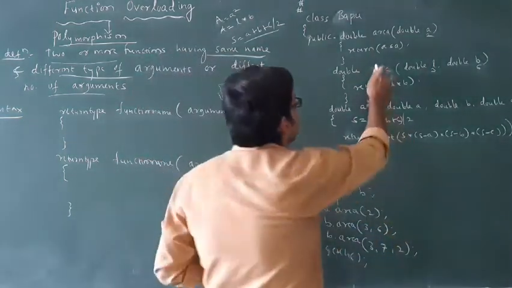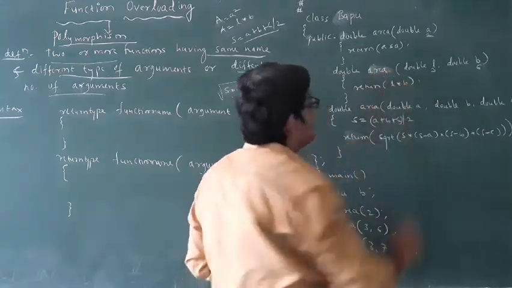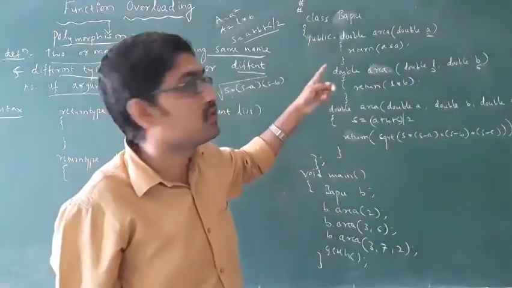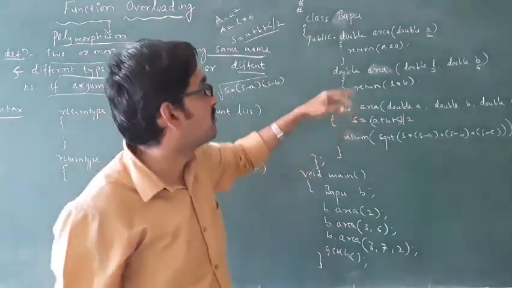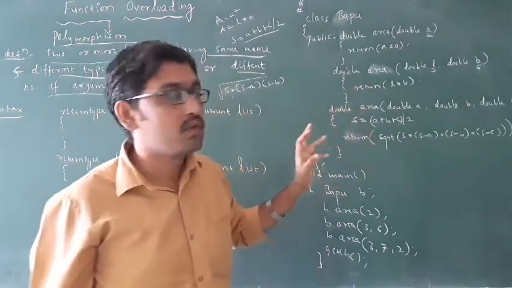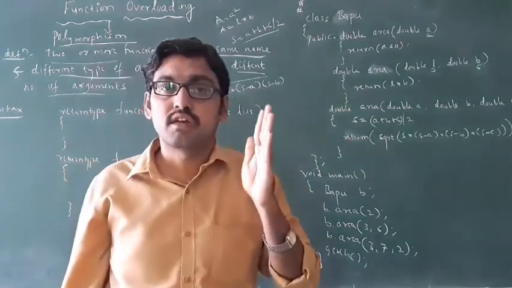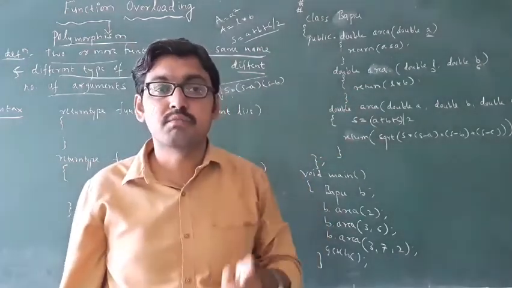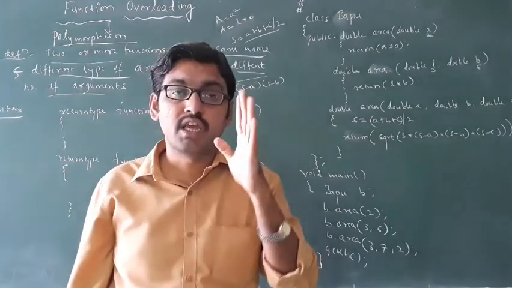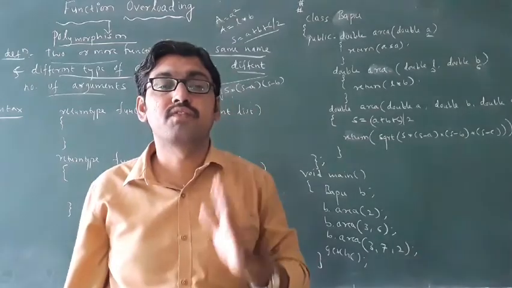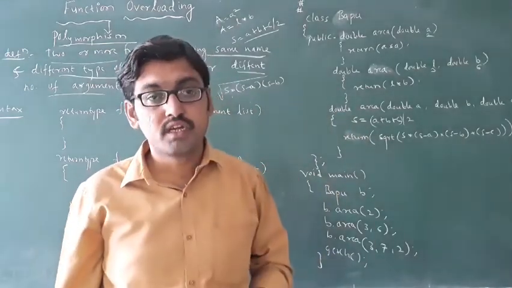Okay, see, that's why you take area. Area is also case sensitive. You must write it correctly in small letter or capital letter, no problem, but area should be the same. Okay, this is the main advantage of function overloading: it performs different activities by using a single function name. By the same function name, you perform different activities. That is nothing but function overloading. Okay, you have to remember this.